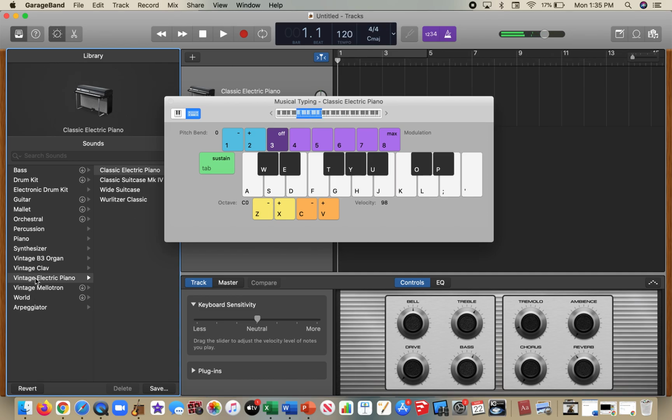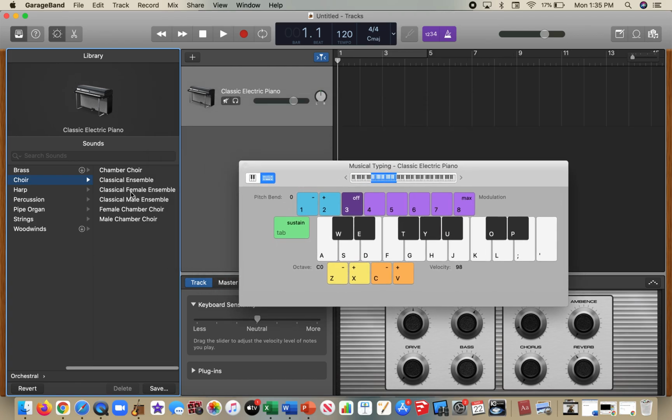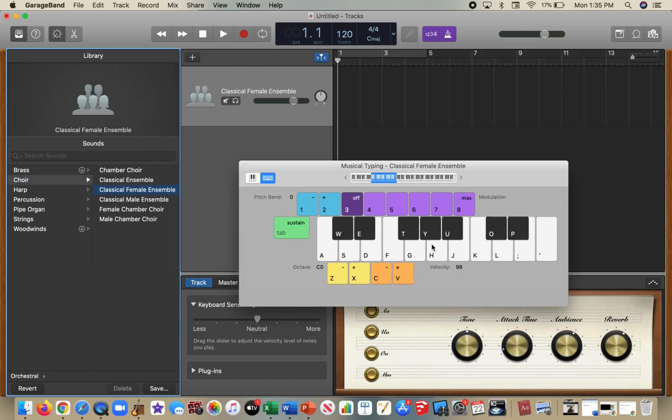And I can change it so it's not just vintage electric piano. I can change it so it's something else. So I actually like orchestral, and then I could go choir, and I could choose like a female singer. Well, that is not a female. That is a wacky female. Let's try again. Kind of cool, right? All they say is aw, so sorry if you wanted them to say like lawn mowing business or something, but